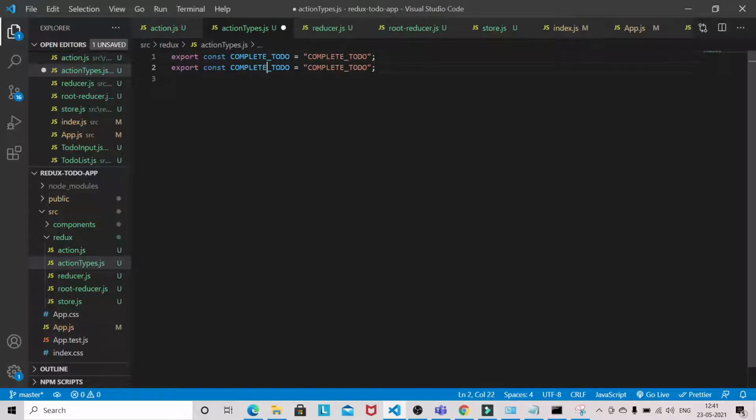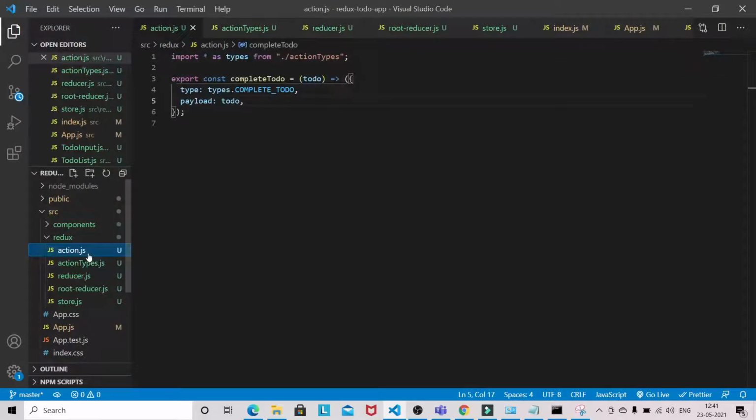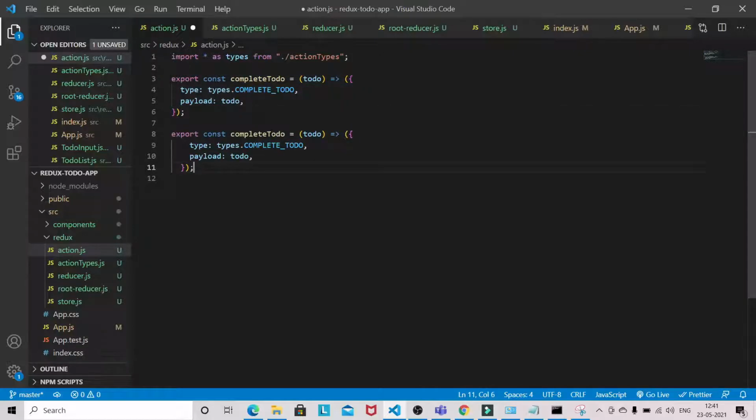Then come to action and just copy this one. This will be almost the same. Add to-do, add to-do.